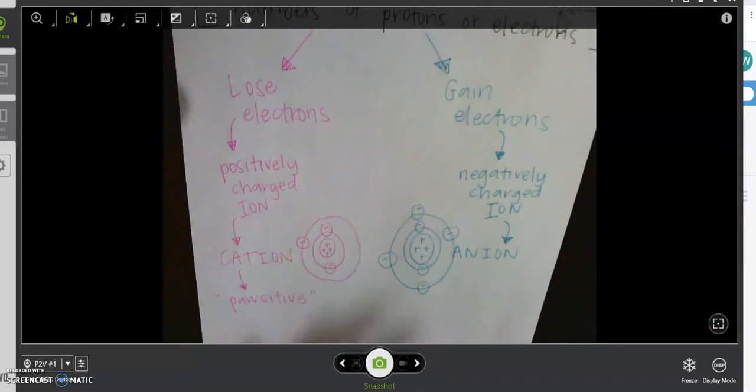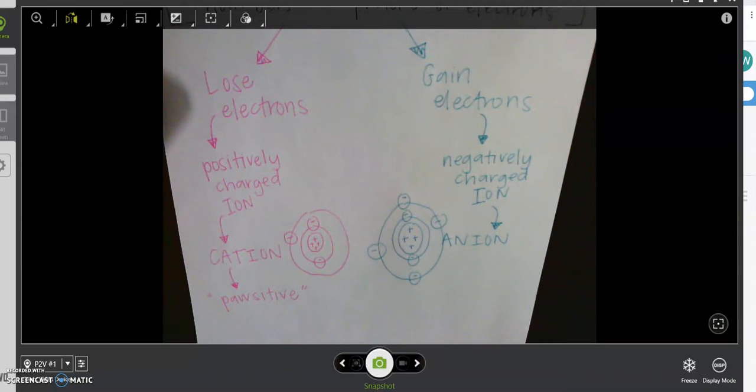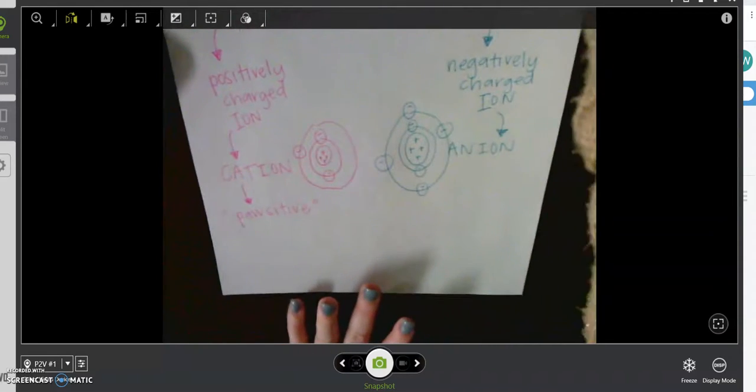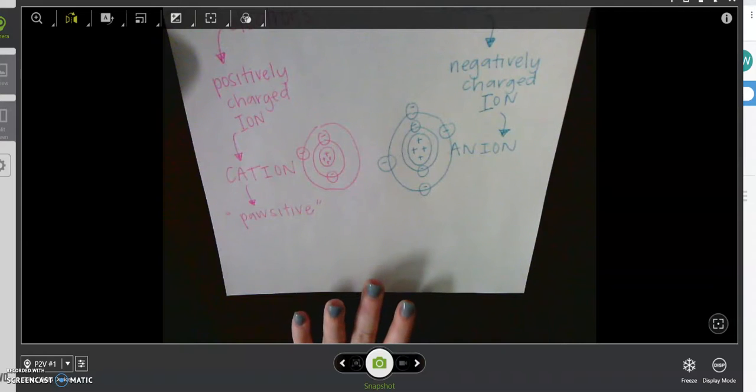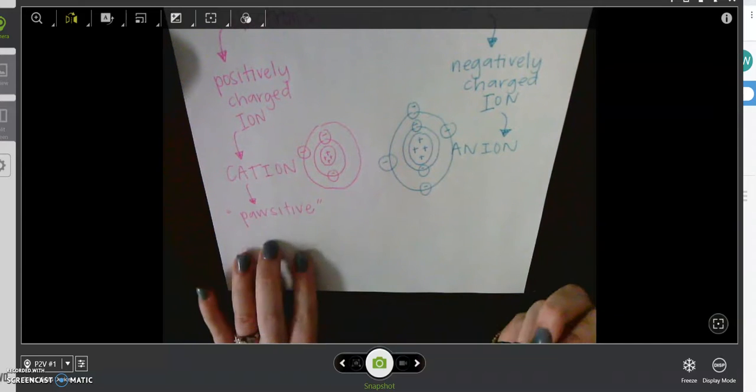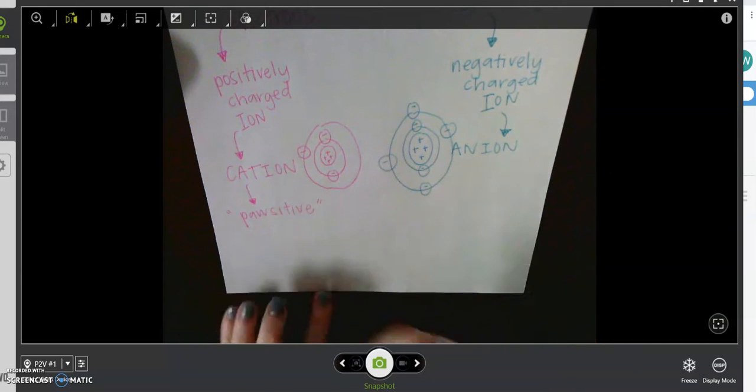So I want us to flip to the next page, or if you have space below where you've drawn this, you can draw this there. I'm going to give you a couple examples. So I'm going to put it at the very bottom of my page, but you may not have room and may need to go on to the next page. Let me grab a different color to use. I'll use green down here. So an example of some cations